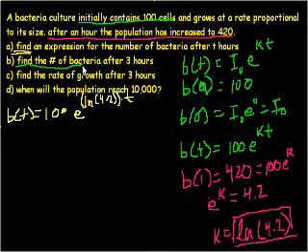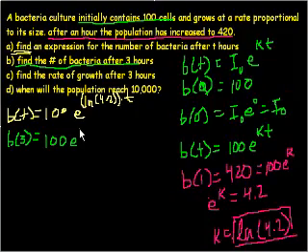So then they say, find, this is part B, find the number of bacteria after 3 hours. So that's pretty straightforward. We have our function now that at any time t, we can tell you how many bacteria there are. So let's figure out the number of bacteria after 3 hours. So B of 3 is equal to 100 times e to the ln of 4.2